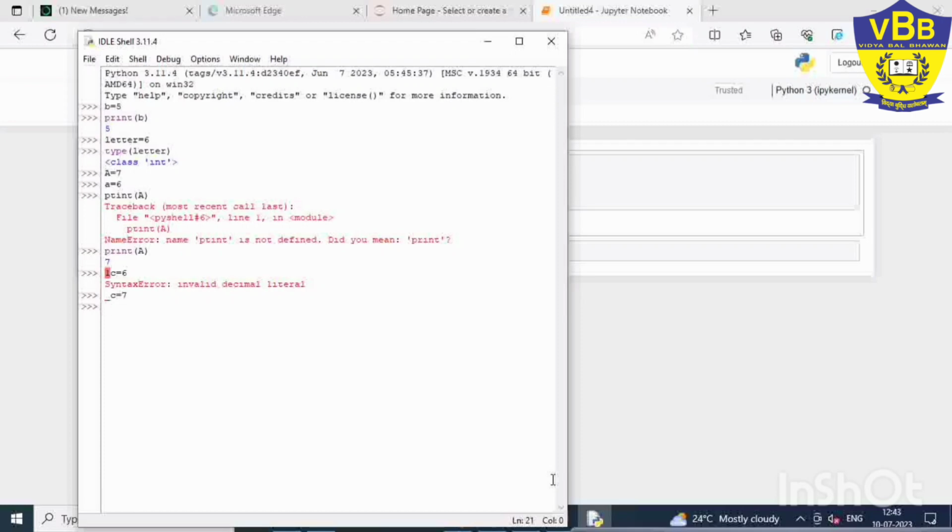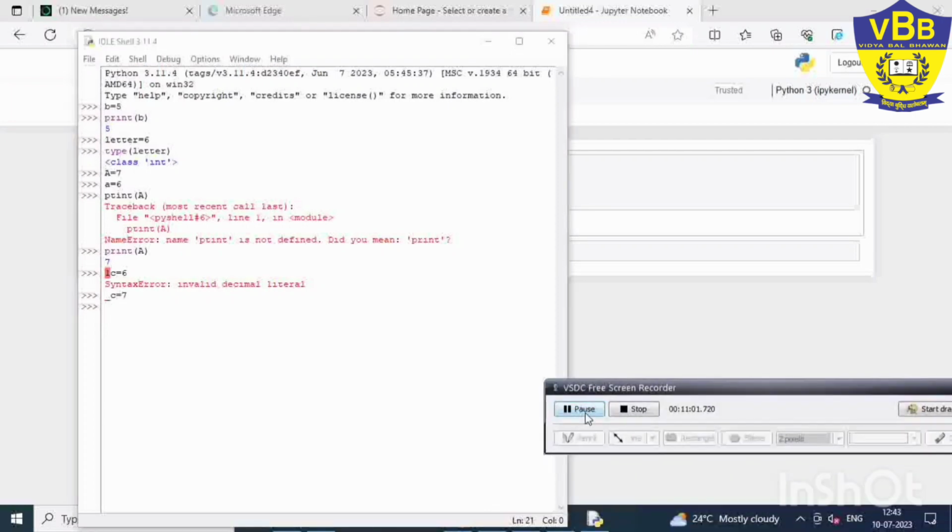So we have to take care when writing variables. Lowercase and uppercase letters cannot be used interchangeably in variable names, as they are different. Examples of valid names are first_name, first, C1, B1. These kinds of variable names are valid, right?